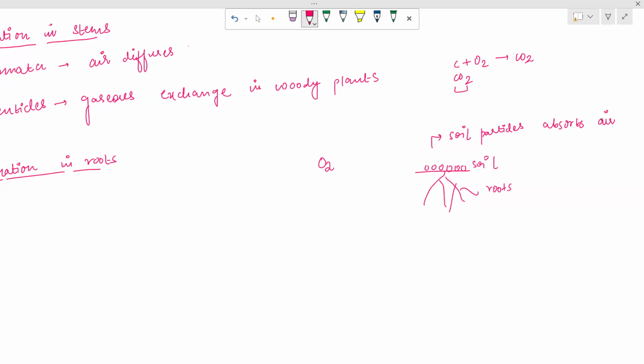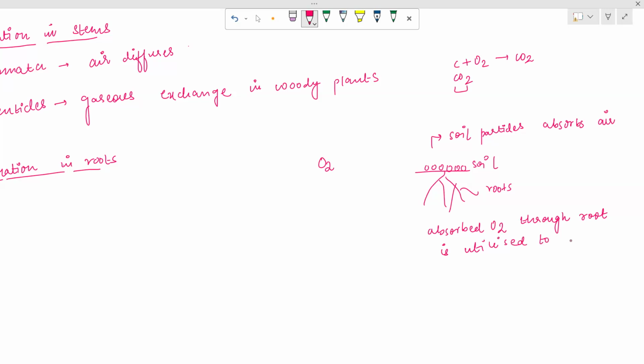So these gases are being absorbed by the soil particles on the upper ground. Then they diffuse into the roots. So ultimately what happens? The absorbed oxygen which is there in the roots. Absorbed oxygen through roots is utilized